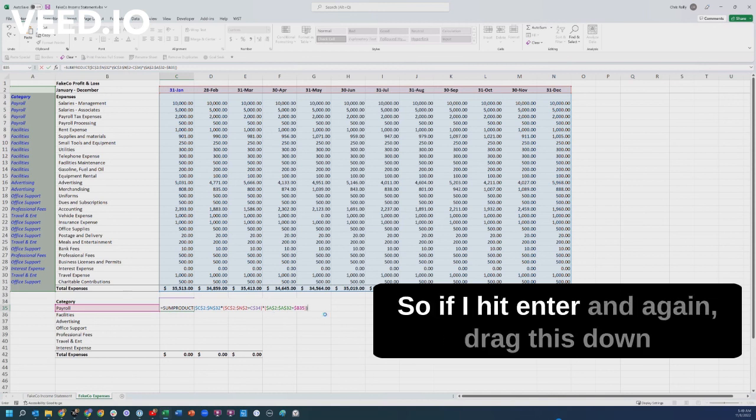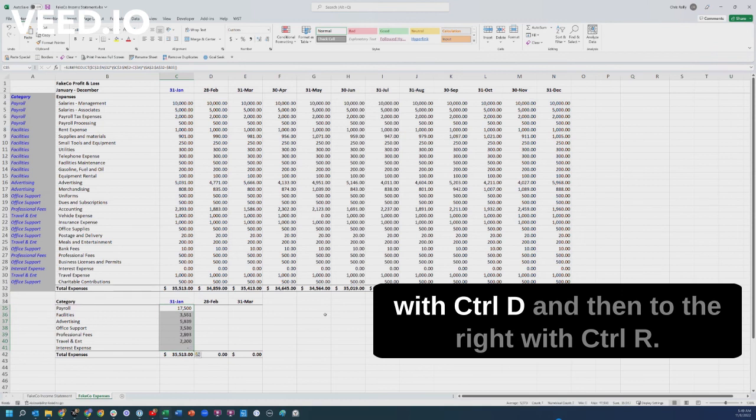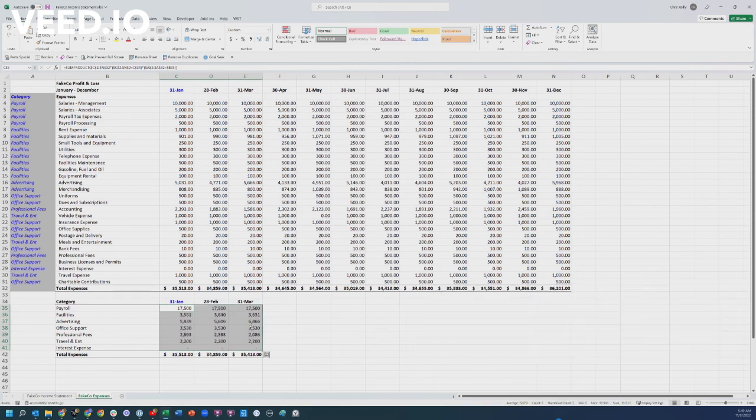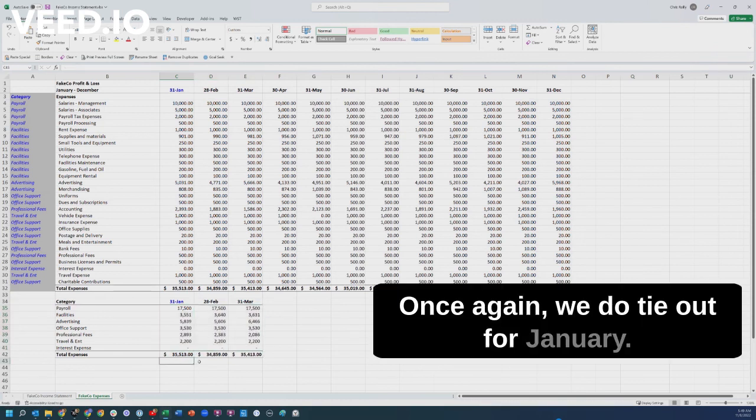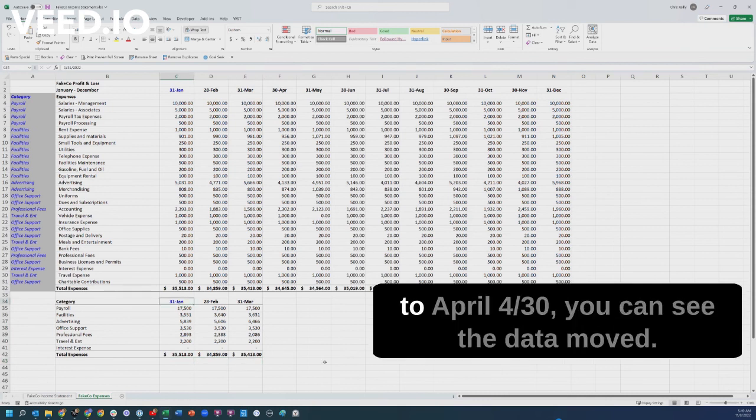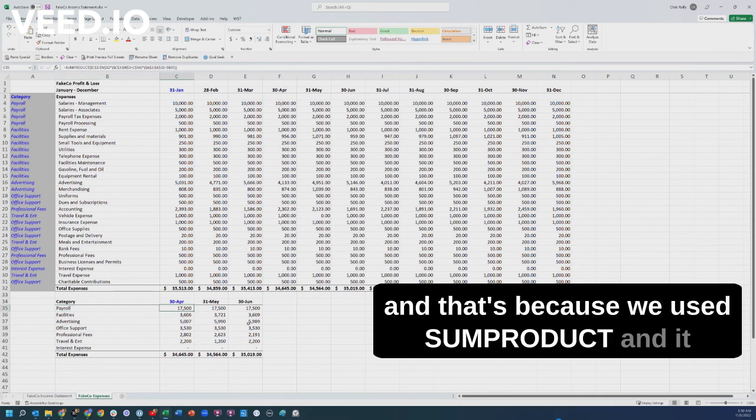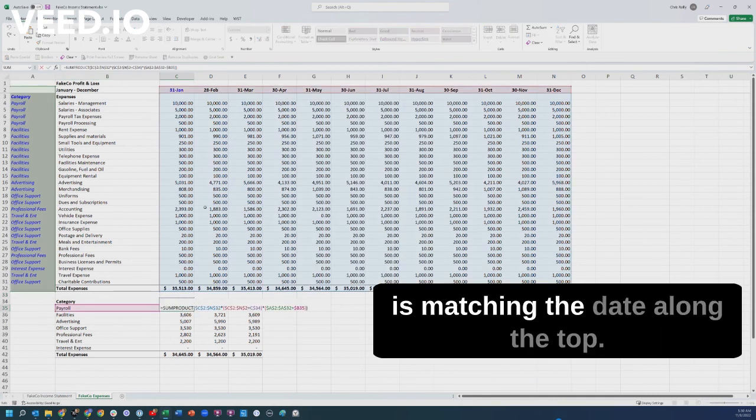So if I hit enter, and again drag this down with Control D, and then to the right with Control R. Once again, we do tie out for January, February, March, but now the nice thing is if I change this to April, 430, you can see the data moved. So the 34,645 now matches April over here, and that's because we used SUMPRODUCT and it is matching the date